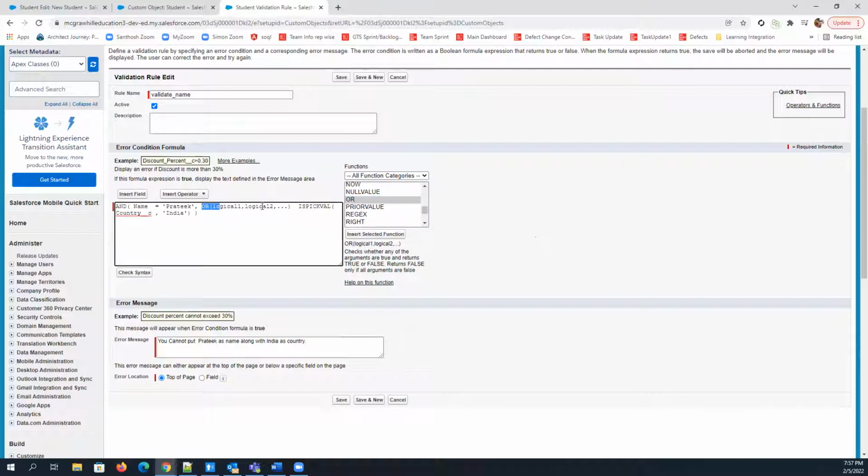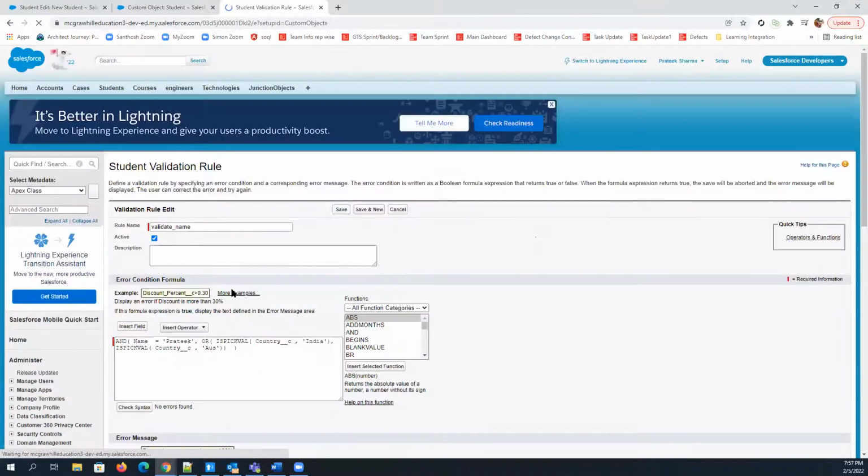So here in OR, we just need to put ISPICKVAL in logical OR, and you just need to pick one more ISPICKVAL, like this. And here you just need to select Australia. So now we are using three functions here. One is AND, in AND we are using OR, and in OR itself we are using ISPICKVAL. Let me just check the syntax and then I will explain what it does.